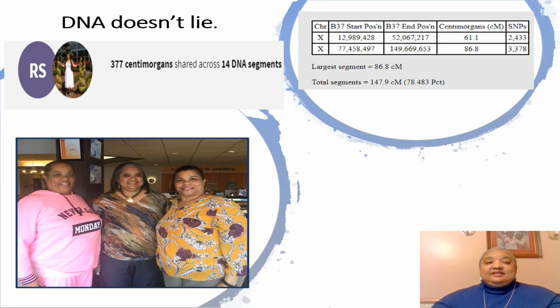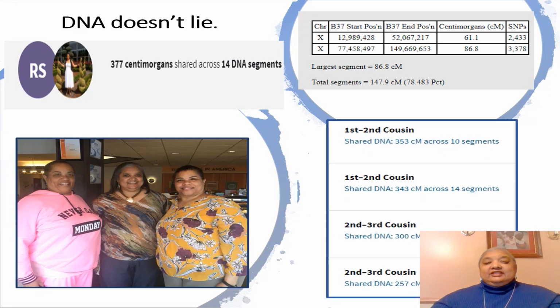This is the person whose DNA matched me initially. She is my half first cousin, Andrea, and this is her sister, Janice. And we met not too long after all of this was discovered, when she was up on a trip to see family in Virginia Beach. And it was just so exciting as she began to get other family members tested to see how this was